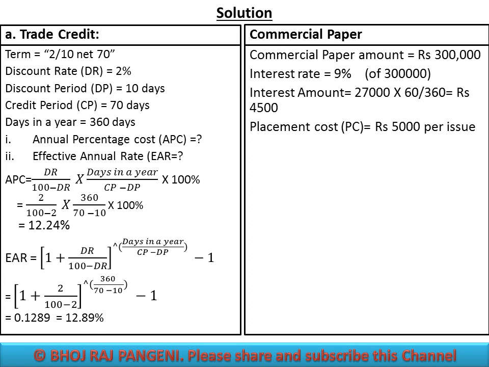So for 60 days commercial paper, if the company issues the 60 days commercial paper, the company should pay the 60 days interest, not the whole year's interest. So 27,000 is the 1 year's annual interest. Convert it into the 2 month interest, that is 60 divided by 360, rupees 4,500 is our interest amount. And the placement cost PC equals 5,000 per issue, and the maturity is 60 days,